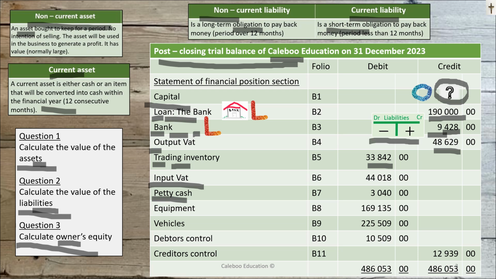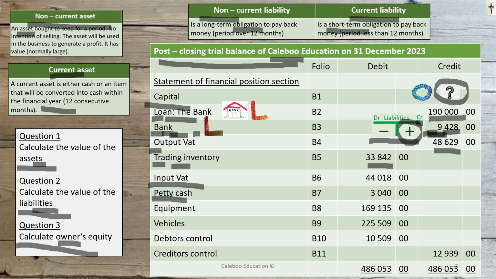There's a rule, liabilities. So as this overdraft gets bigger, the account will get credited. An increase in liabilities gets credited. That's the rule. So this bank account, the bank account of the business, is actually a liability because Calibre Education owes the bank